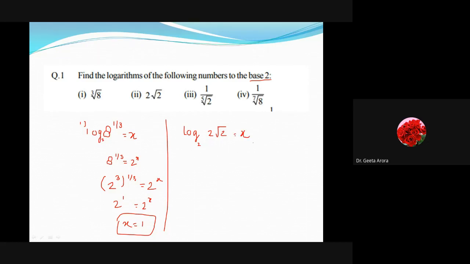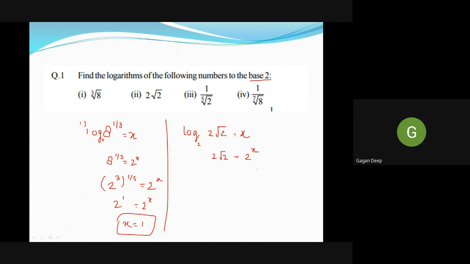So what we have to do, we have to see again how we can write down 2 root 2. Let me start it again so that if some confusion is there, you can go through it. 2 root 2 can be written as 2 raised to power x. Now simplify it and let me know what should be the x value. And still if doubt occurs, please let me know.